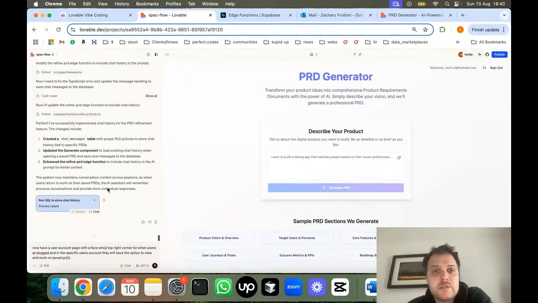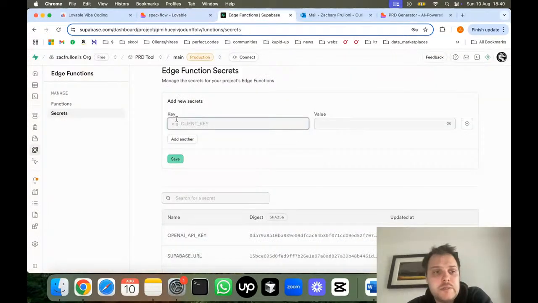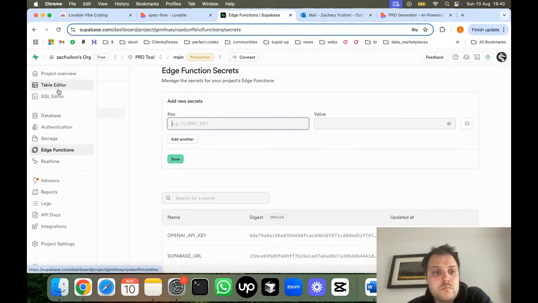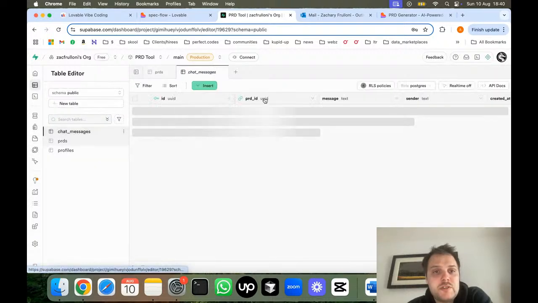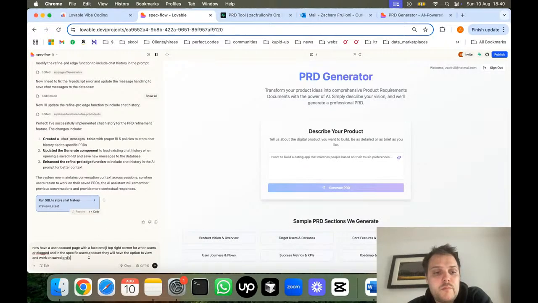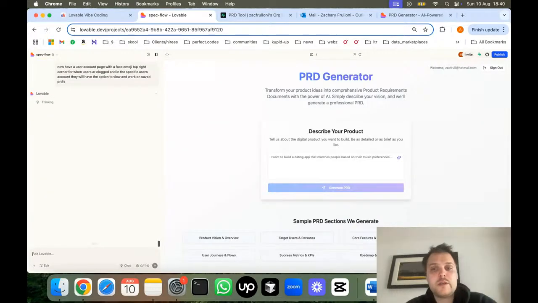Okay, so we asked it to store chat history, and so we've got our chat messages table here. Now, before I test it, I just want to add, I don't like, okay, hopefully it has,